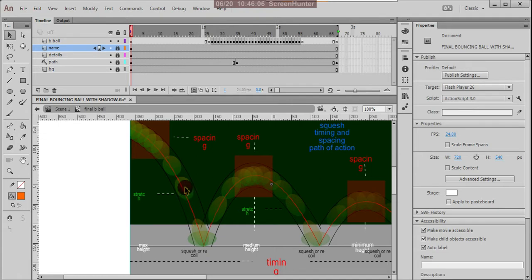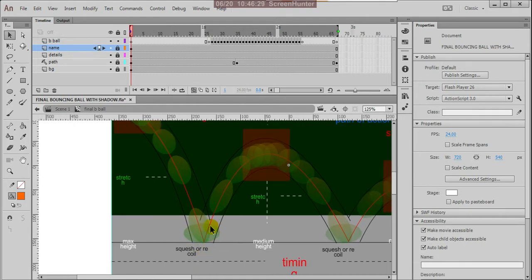Here the ball shows the speed, the velocity of the ball. It stretches more, and here it shows maximum stretchiness, and here it is touching the surface and hitting the ground.